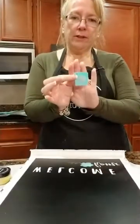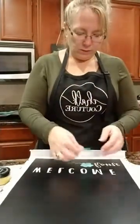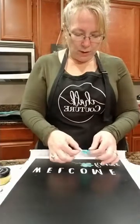So this is another little part to the flower. I don't know if you can see that. I love this. It just goes right in the center. And I'm not going to press down too hard because, again...